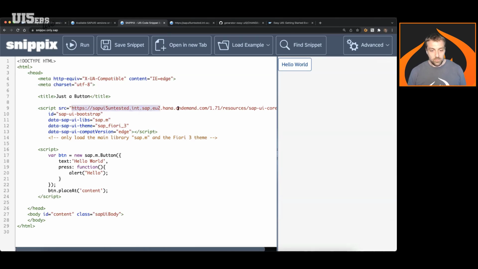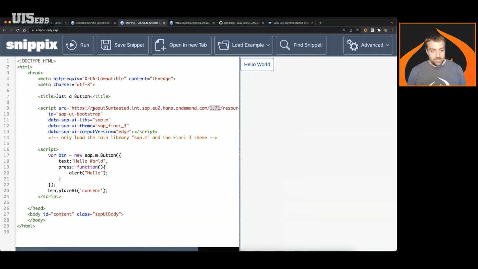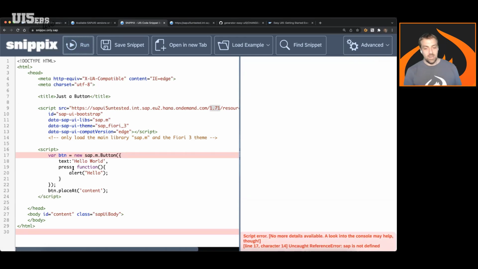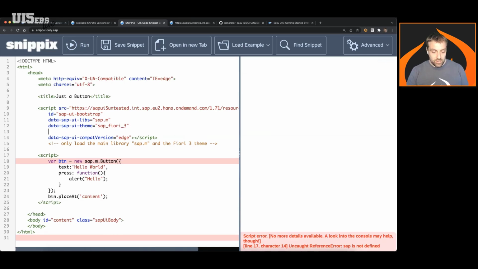So what you can do then is just ignore the first part, and use a major minor version to address the sap-ui-core.js, the bootstrap. And with that, it will not work because there are some requirements now for this bootstrap. First of all, this bootstrap, which is done behind the scenes, is using the cache busting mechanism of UI5. And we also want you to upgrade to asynchronous booting. So the precondition is to make your boot asynchronous. Data-sap-ui-async needs to be set to true.